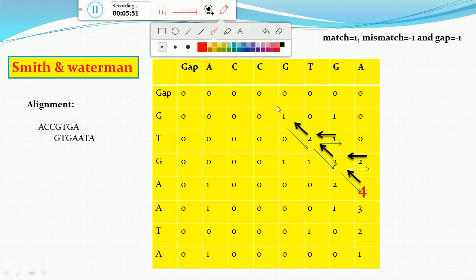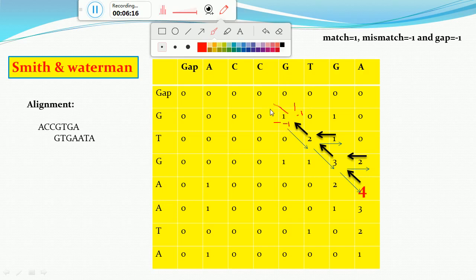Now this cell can get values from here and from here. So let's calculate the value from here. This is 0 - 1, we will get -1. From here, this is the beside box, 0, adding the gap value of -1, so here also we are getting -1.